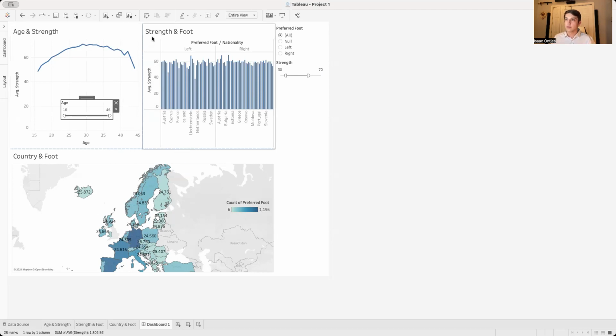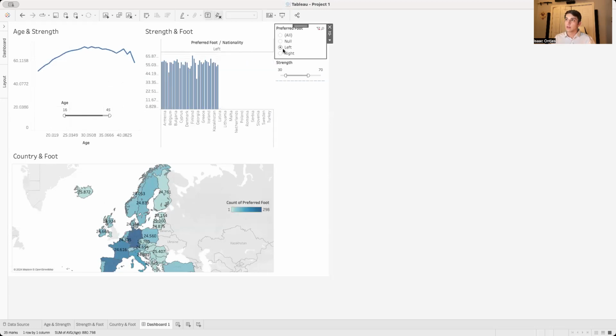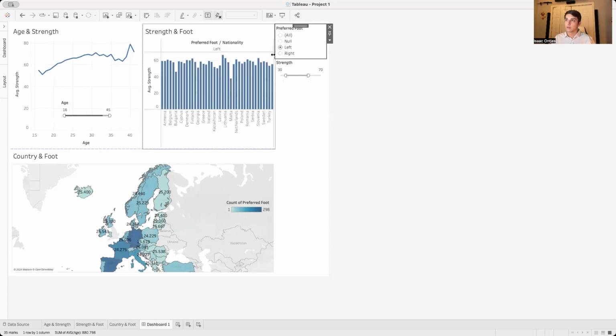The second graph in the top right is strength and foot, and it is looking at the average strength for the preferred foot of each player. I specifically wanted to look at the countries as well to see which countries were performing better, depending on the foot. So you can change on the list here if you want to look at specifically the left foot, left, or